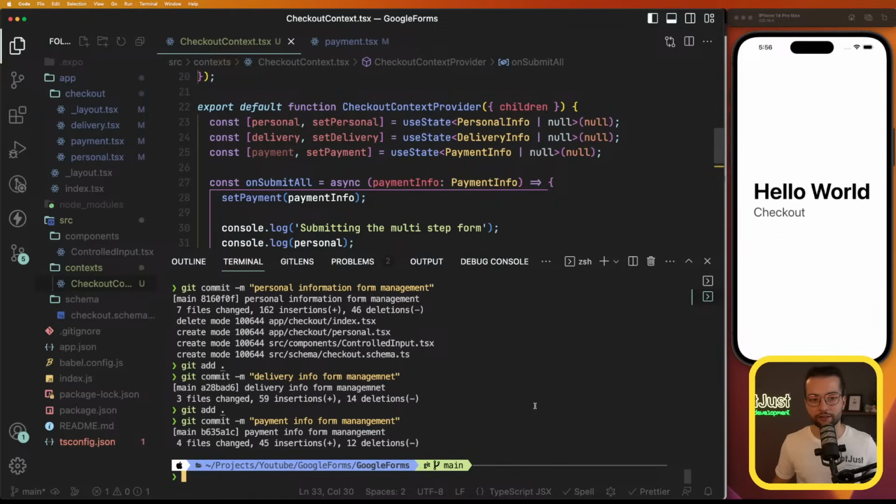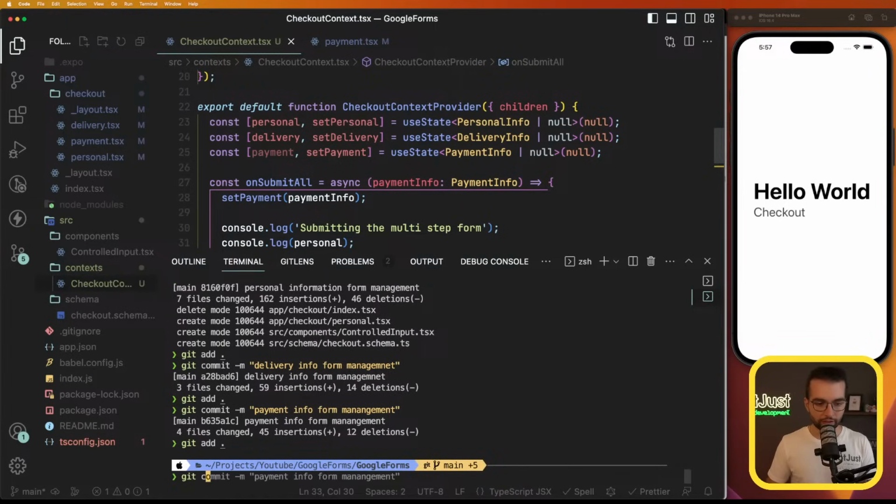So with that being said, I think we are done with the implementation of managing the multi-step form as a one, where we get data from every single step of that multi-step form. So let me do git add, git commit,